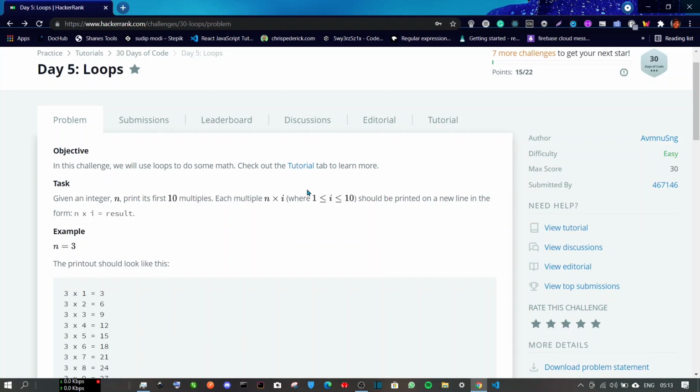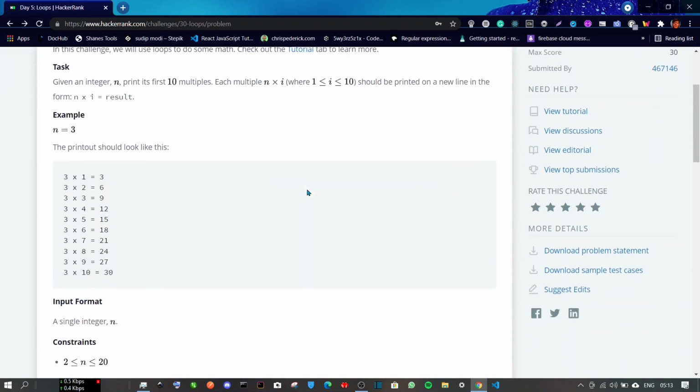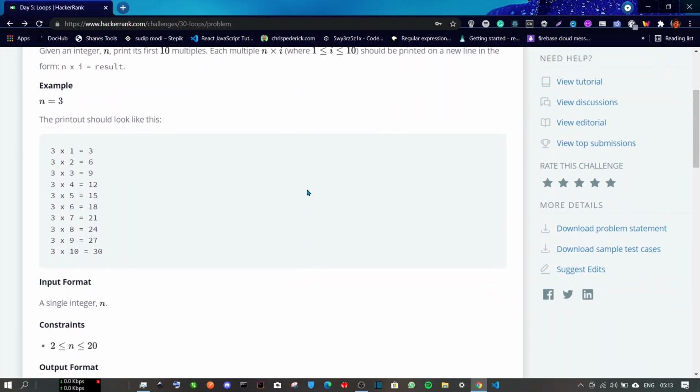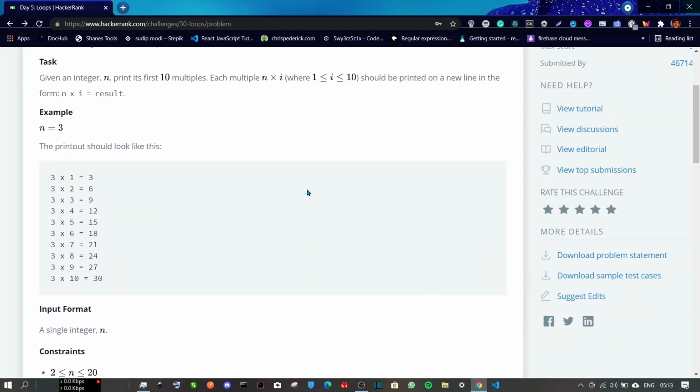The task is, given an integer n, print its first 10 multiples, each multiple n multiplied by I, where 1 less than or equal to I less than or equal to 10, should be printed on a new line in the form n multiplied by I is equal to result.